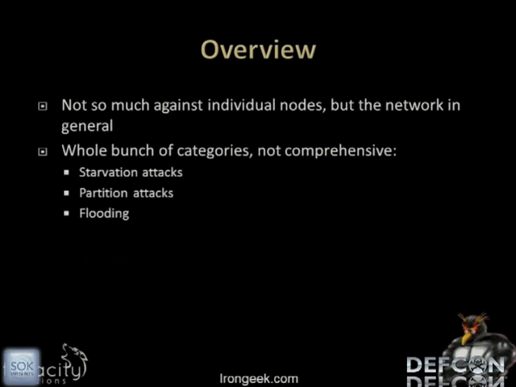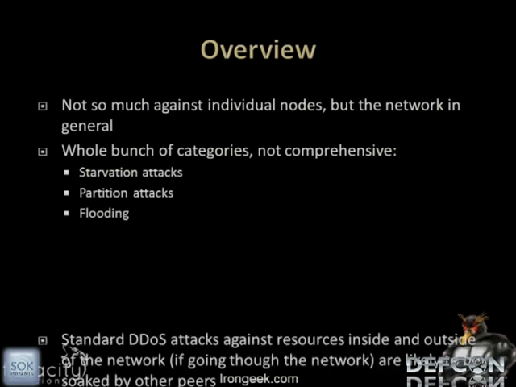There's a whole bunch of categories of general DOS attacks on the network. There are starvation attacks, where you maybe promise to give certain resources and don't. Partitioning attacks, where you do various things in the network, saying, all right, if I take out this particular one that's routing and this particular one that's routing, can I still get a message out? I've split down the network and I start whittling it down towards a smaller cross-section, and I have fewer possible people to have to look at. And of course, there's flooding, just sending a crap ton of stuff into the darknet to disturb it.